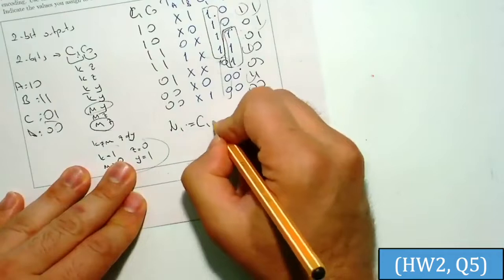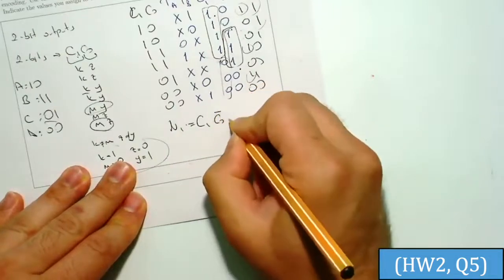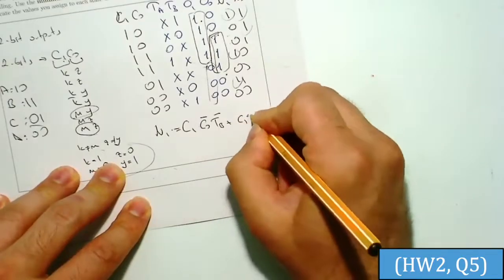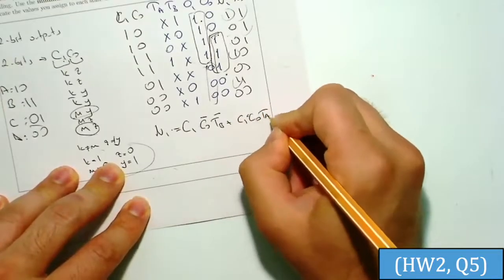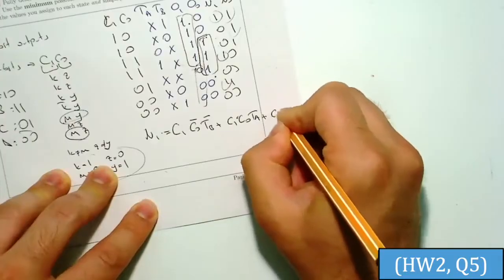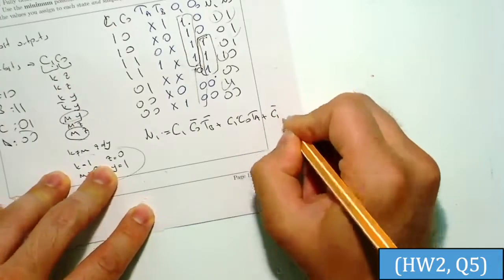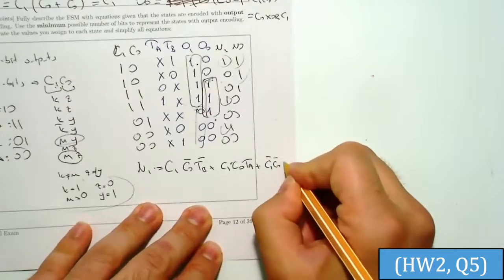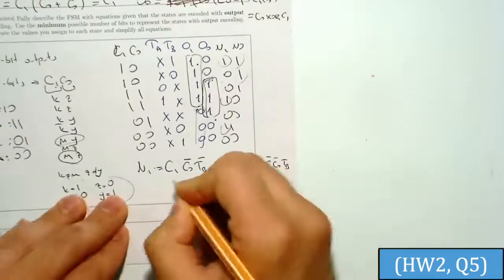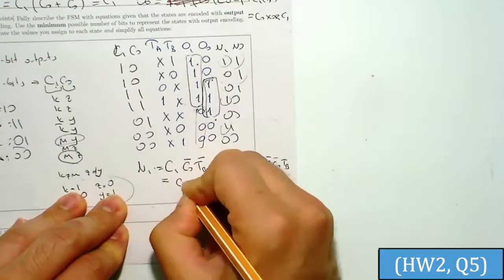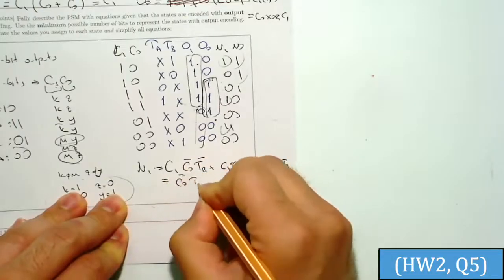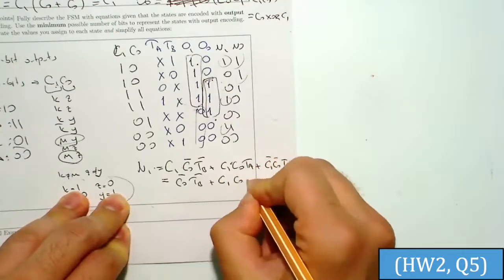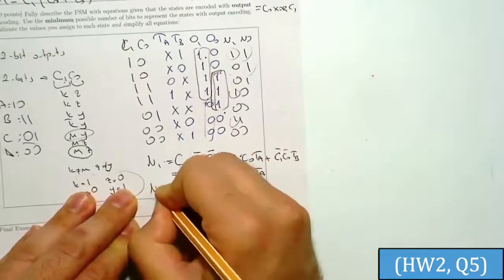So this will be C1, C0 naught, and TB naught, C1, C0, TA, I guess, and C1 naught, C0 naught, and TB, and this will be simplified as C0 TB naught, or C1 C0 TA, and for